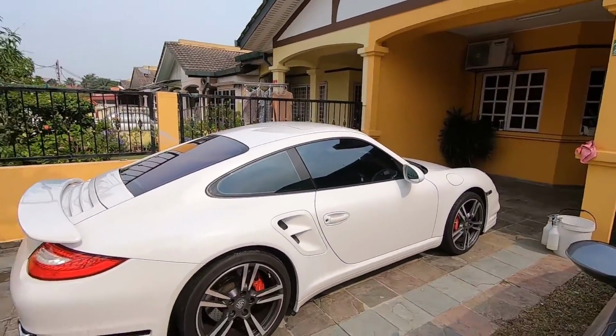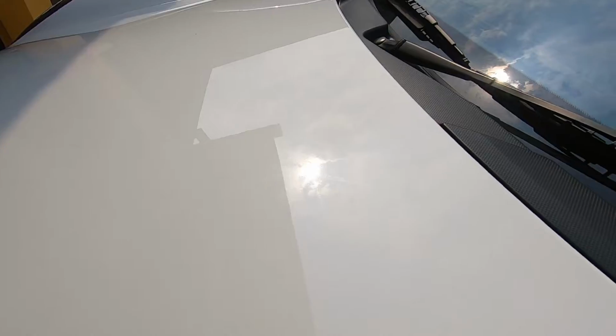It looks pretty decent from afar, but there is a super amount of scratches and swirls and holograms on the paint. Let me just show you guys what the sun shot looks like. You can see swirls, hologram, chips, everything, and there is quite an amount of stains as well, like for example